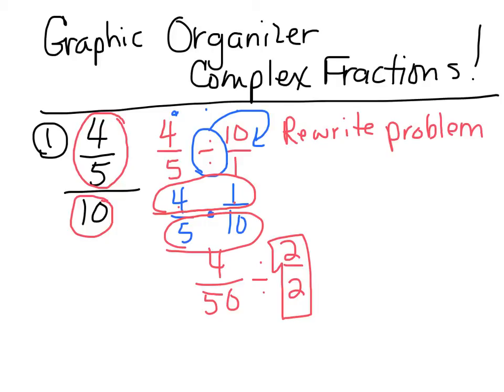And so we get 2 out of 25. And we need to simplify it again or check it again. Does 2 go out of both numerator and denominator? No. Does 3? Nope. And 2 doesn't as the numerator, so your GCF is 1. You are done. So the first thing you need to do is rewrite the problem, and then